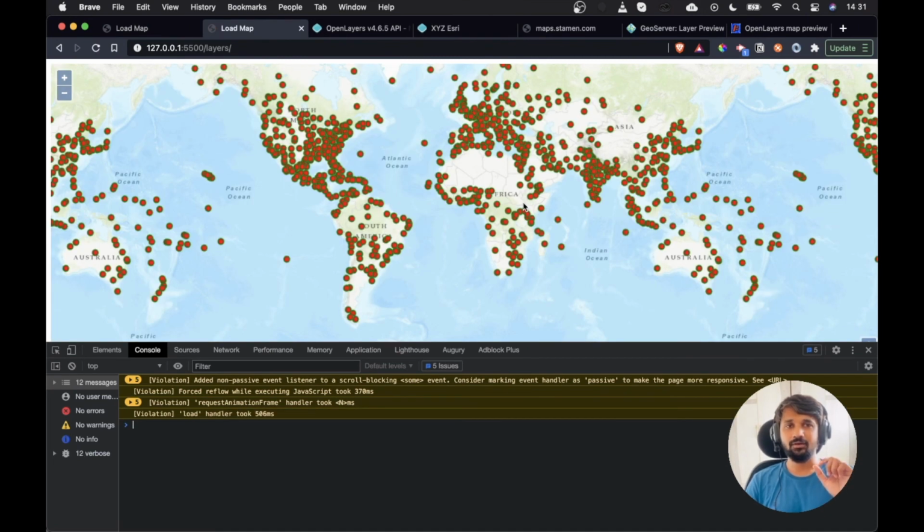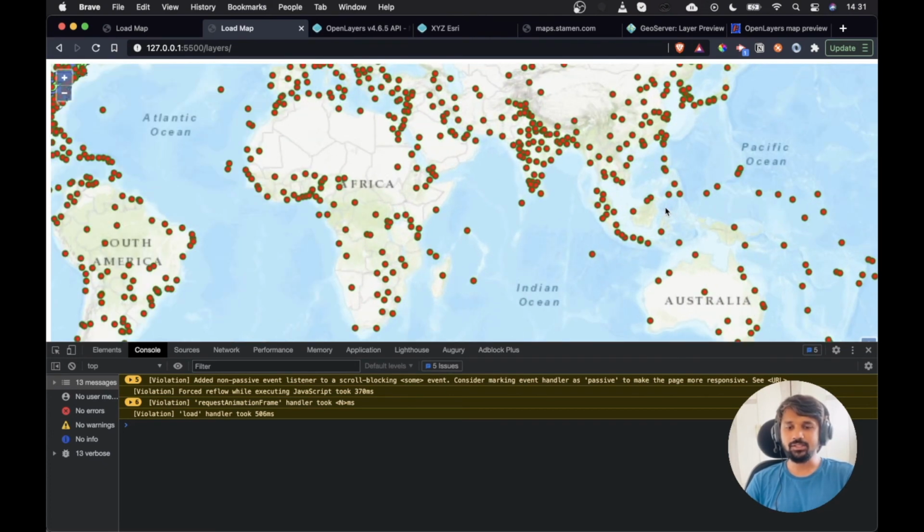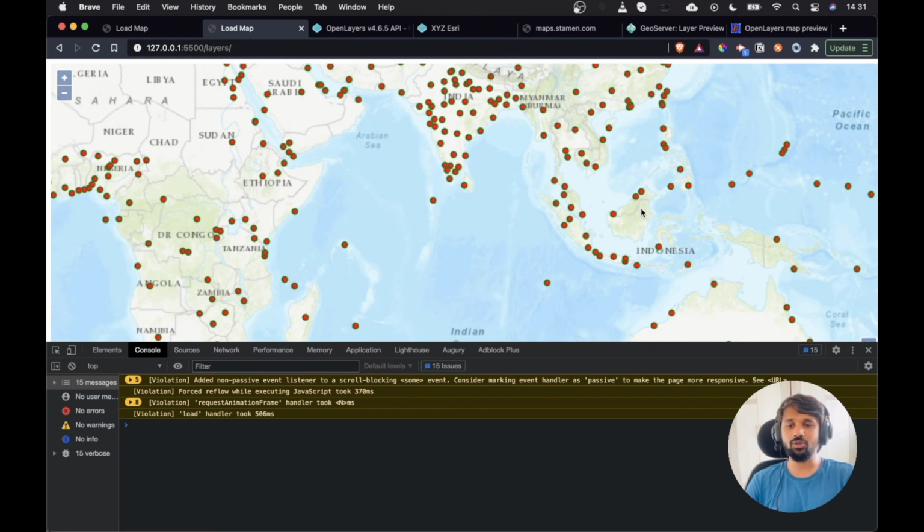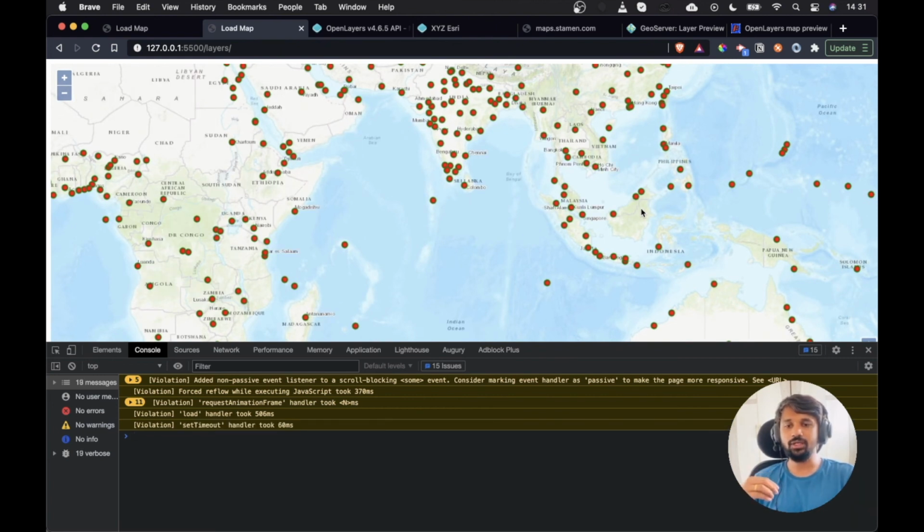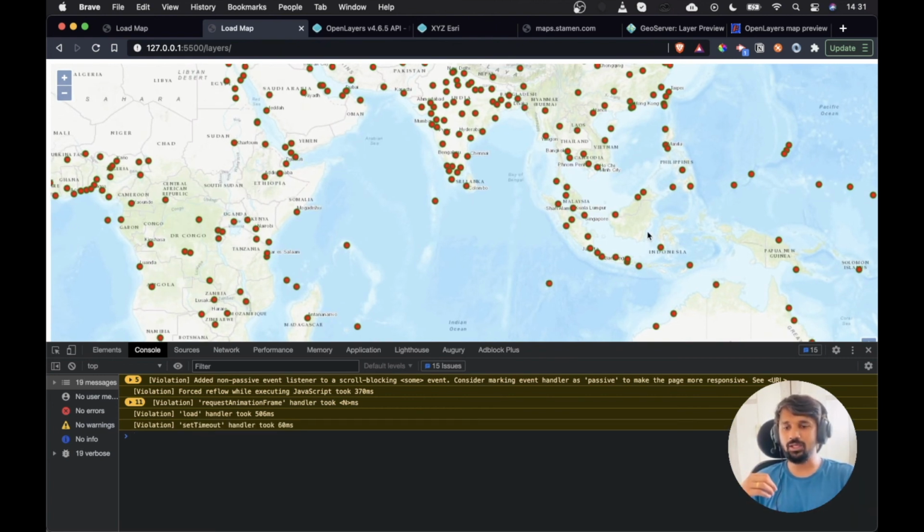Vector layers are a critical thing to load, because if you try to load too much data as a vector layer in your browser, it might crash the browser, or it might make the entire application a little bit slower. You have to be very careful working with the vector layer. That's why different strategies are available to load the vector layer. One of the most widely used strategies is to just load the data which you need in the current extent, and then as you keep on changing the extent, more and more data will be loaded.